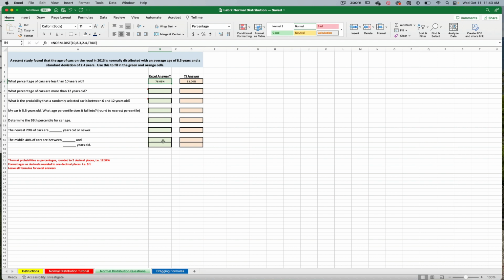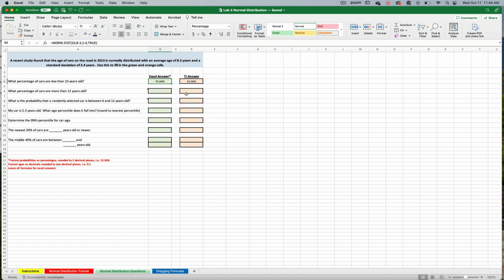Note that these aren't all percentages. Sometimes they want to know the age of the car. Sometimes they want to know a probability or a proportion. I thought the second and the third questions here were kind of tricky. So I put in little comments in here to try to give you hints on how to figure them out with Excel. They're both fairly straightforward with your calculator, so you should be able to get the right answers here